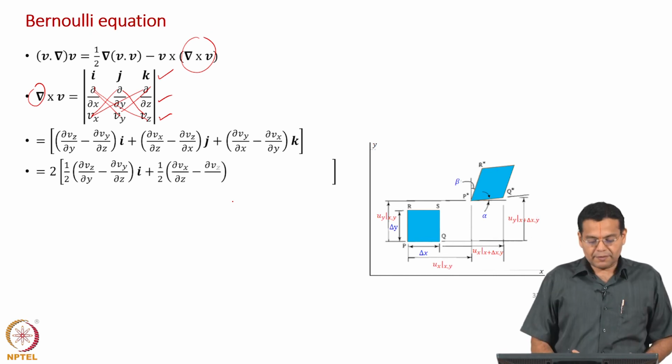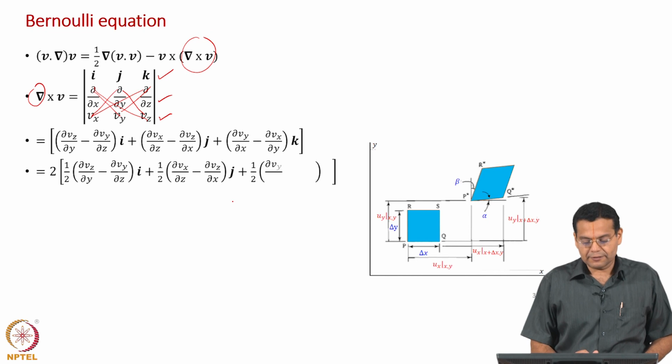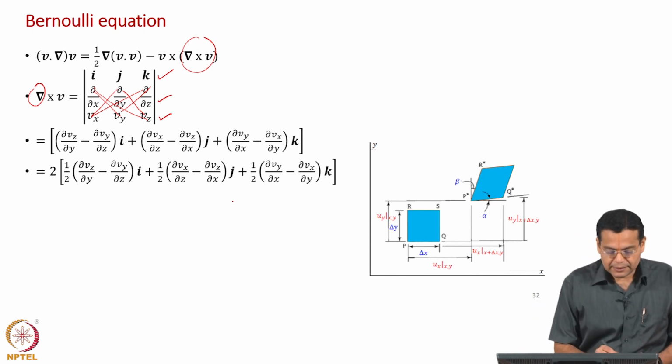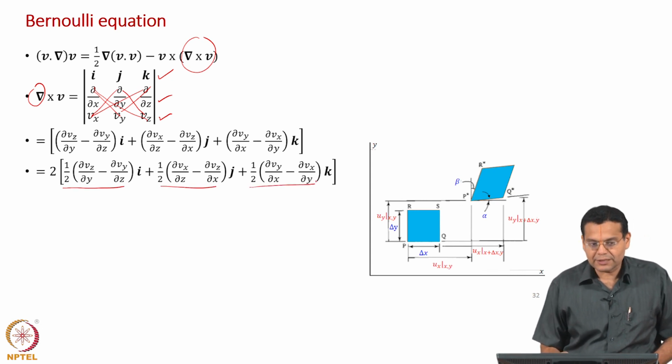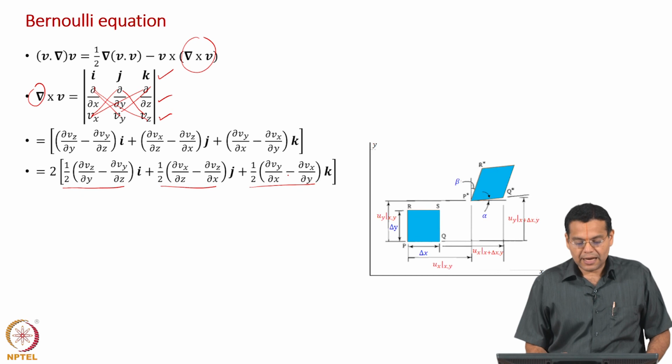What is that we have done? Divide every term by 2 and multiply by 2 and take out 2 outside. Now, if you look at the terms here, it should sound something familiar to us, especially the last term, because usually we have been working on the x y coordinate. What does it represent? That represents the rate of rotation in the x y plane.